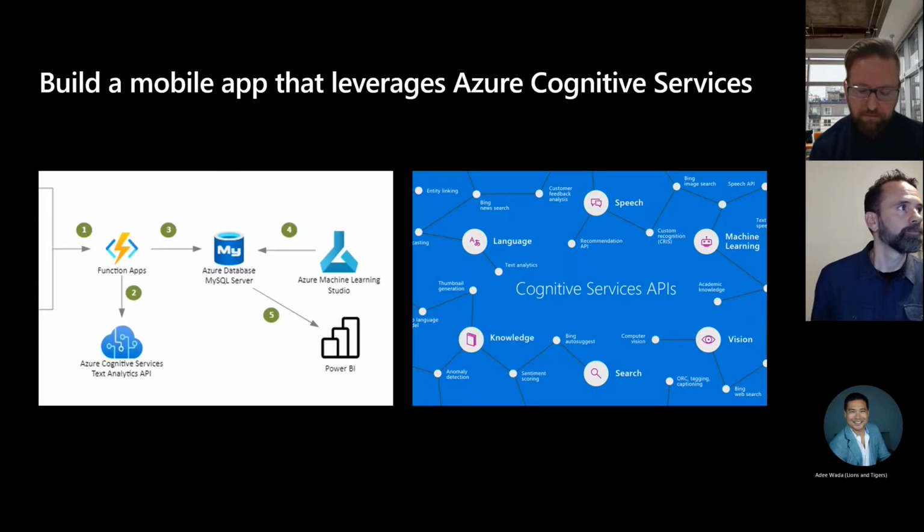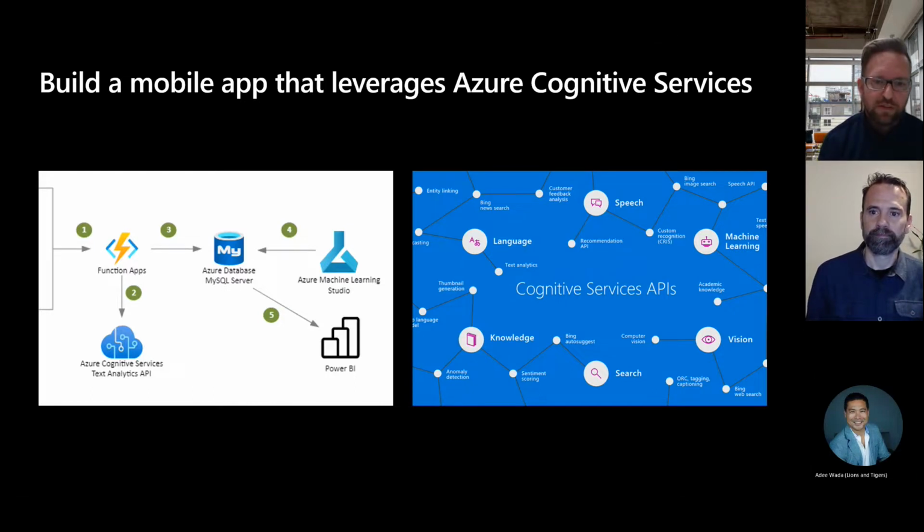Challenge number 3. Nonprofit organizations have expressed a desire to integrate more AI capabilities into their workflows. Build a mobile app that leverages Azure Cognitive Services to make the lives of frontline workers easier. As a data person, this is one of the areas of Microsoft technology that I just love. Cognitive services, when I show these to our customers, they border on being almost magical.